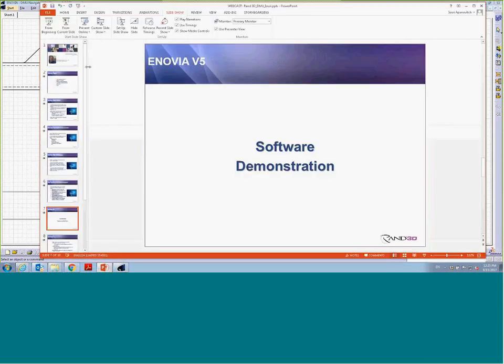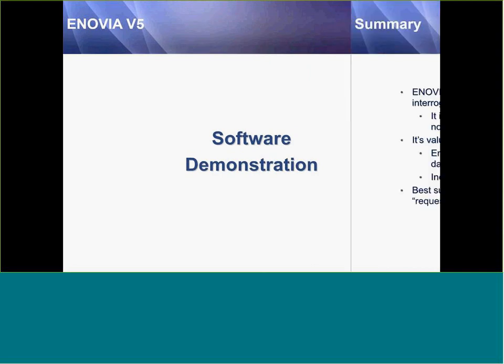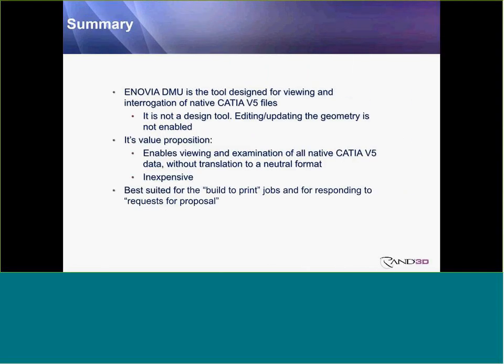Just to summarize what we've learned, I'm going to go back to the slide. The summary. Just to remind you, Inertia DMU is the tool designed for viewing and interrogating native CAD files. It's not a design tool. If you want to edit or update geometry, etc., it's not enabled. However, it has its value proposition. It enables viewing and examination of all native CAD data without translation to a neutral format, and it's also inexpensive. It's best suited for build-to-print jobs and for responding to requests for proper